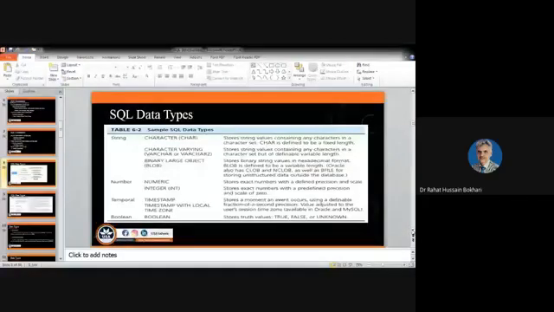It gives a brief that you can use character, varying character, numeric, temporal, Boolean data types. And in the next slide, it gives the values that you can use for those data types: the minimum value, the maximum value, how much space that attribute may take when you declare it as a character or variable character or numeric and so on. That is in the coming slides.